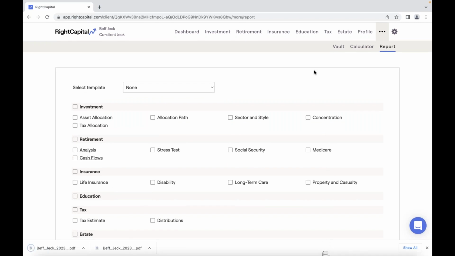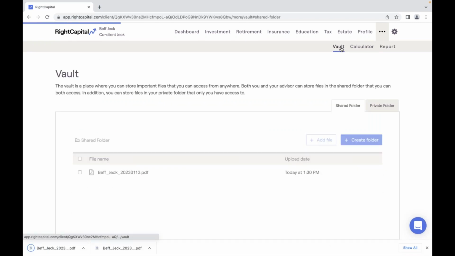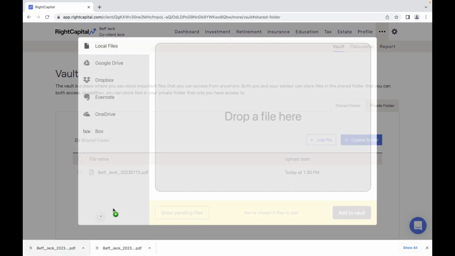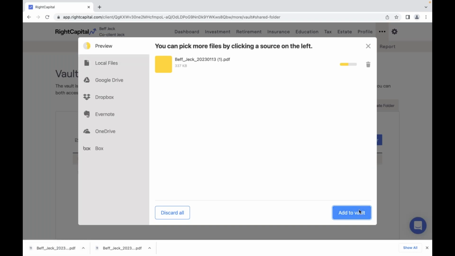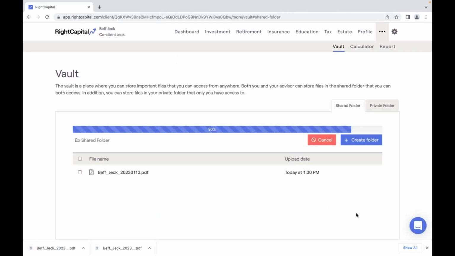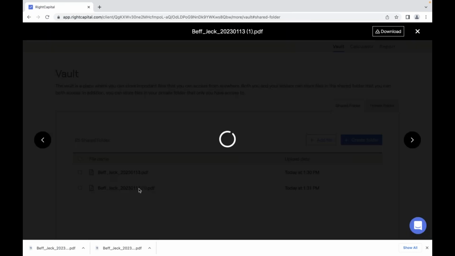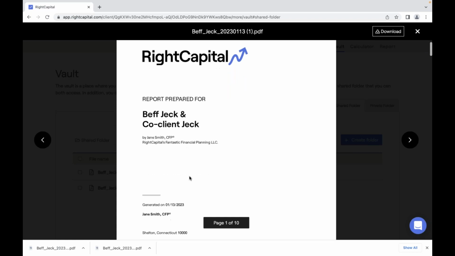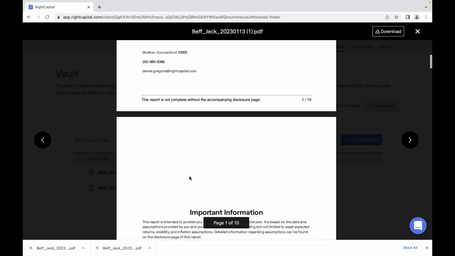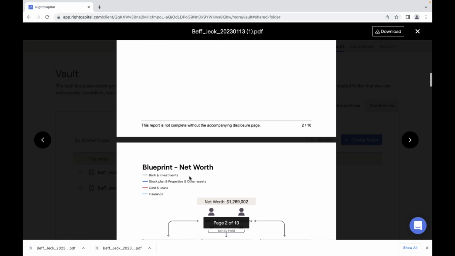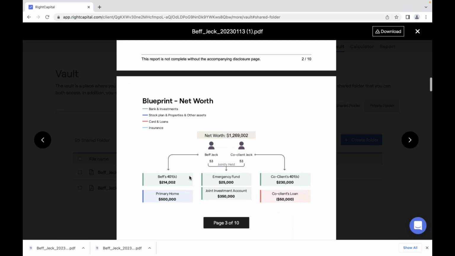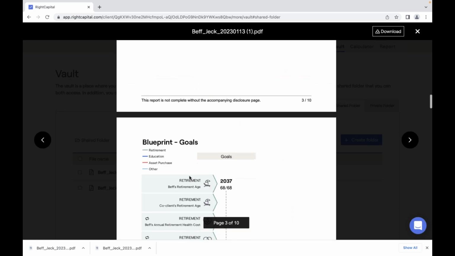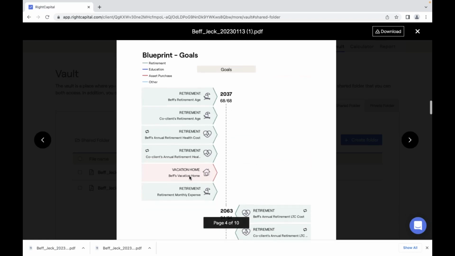And in the same way that we do that within the actual PDF reports, we can also do that within the actual client portal as well, which is the last thing I just want to mention today, because there's a lot of customization that we can provide within the client portal, but there's also a lot of customization you can have when you're actually generating presentations that you're displaying. So again, here the blueprint comes first, and then the goals come next,